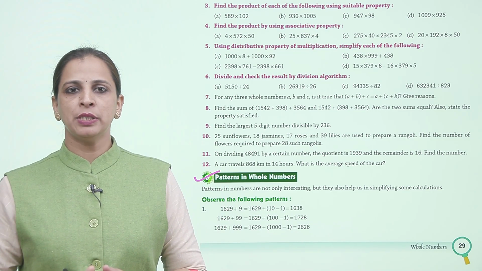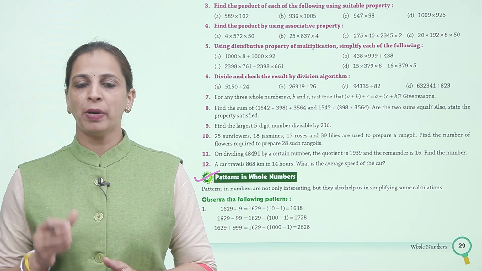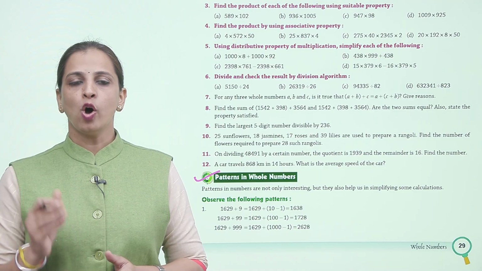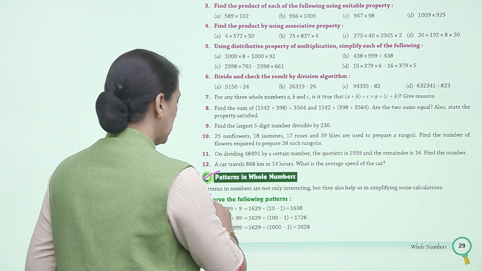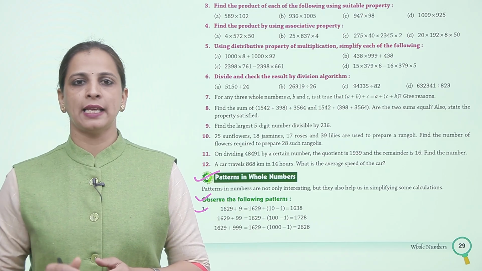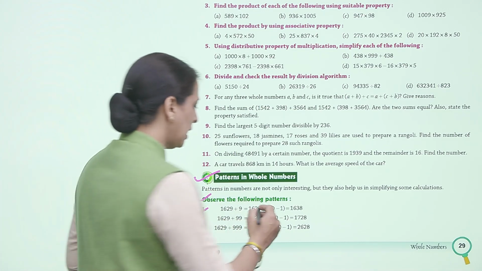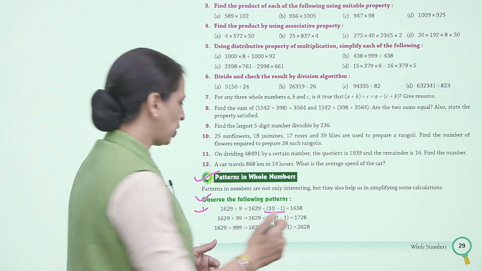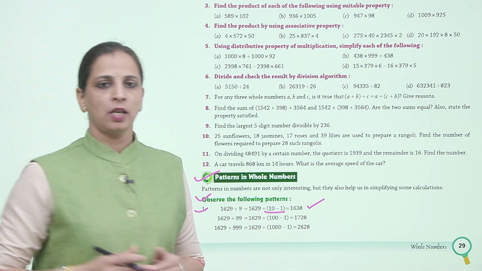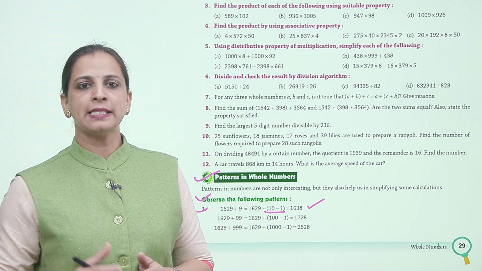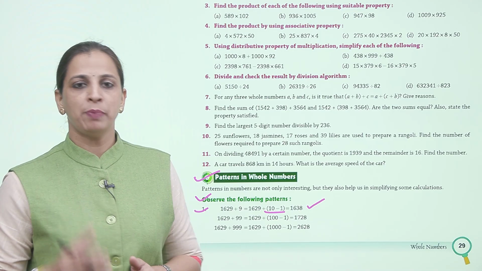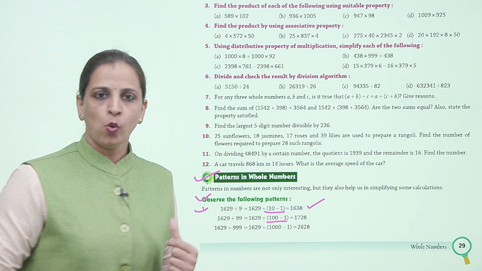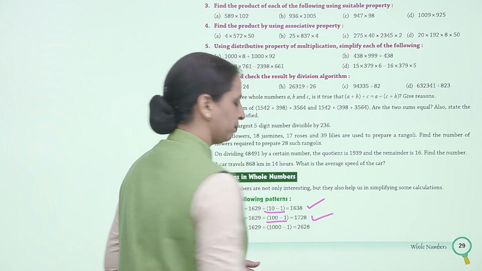Patterns in whole numbers are not only interesting but they also help us in simplifying some calculations. Now observe the following pattern. First 1629 plus 9 is equals to 1629 plus 9 को हमने लिखा 10 minus 1, that is 1638. 1629 plus 99 is 1629 plus 99 को लिखा 100 minus 1, that is equals to 1728